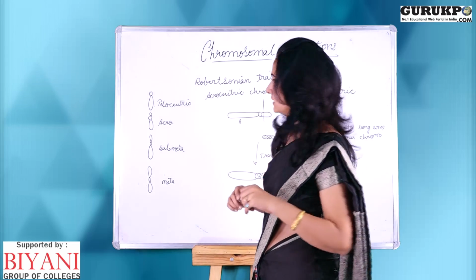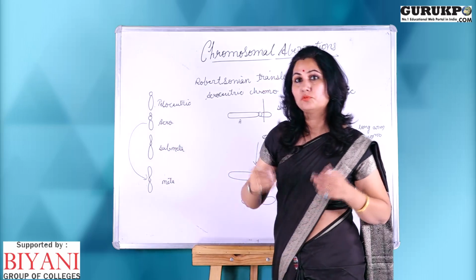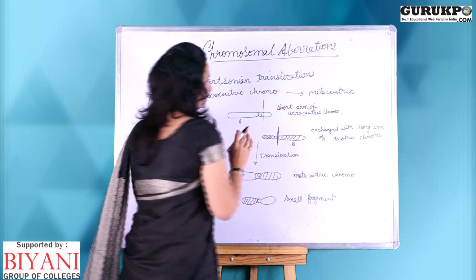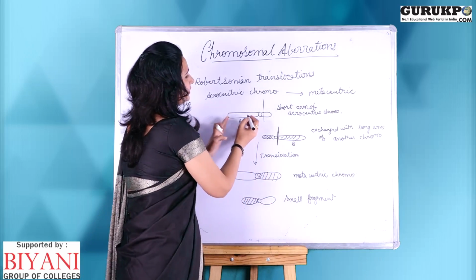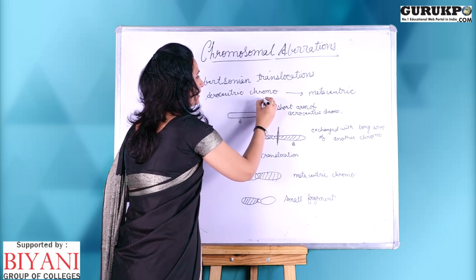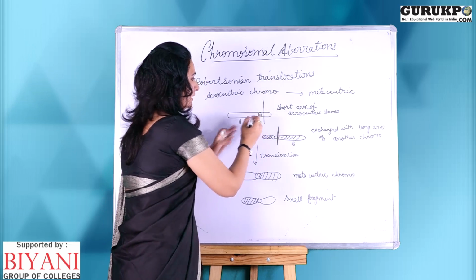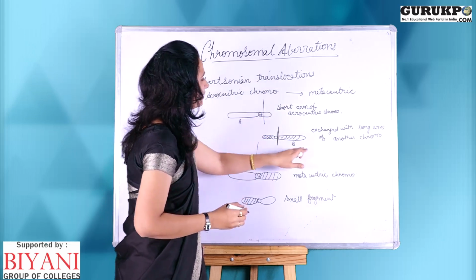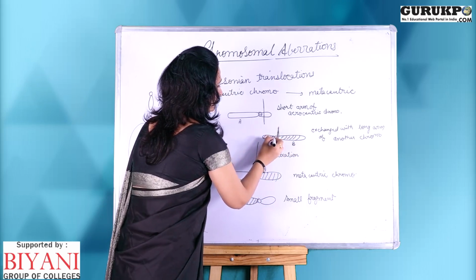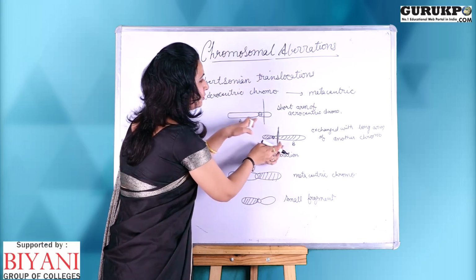Okay, so here what is happening, the acrocentric type of chromosome is converting into the metacentric type of chromosome with the help of the translocation process. How all this is going on, I will illustrate with the help of a diagram. Here there is a chromosome A, and this chromosome A is an acrocentric chromosome, and it will break from its smaller arm, and it will leave this centromere portion. Here we have chromosome B, and this larger arm will break, and this centromere will remain over here. Now Robertsonian type of translocation will occur, like these are two non-homologous chromosomes.